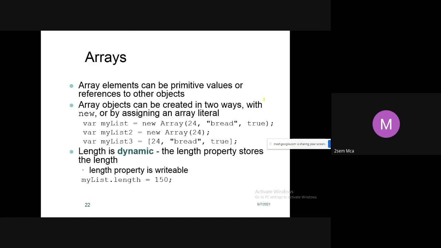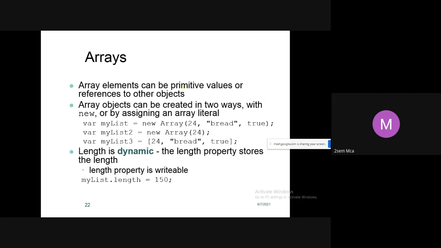An array object can be created in two ways: with the new keyword, and the other way is by assigning an array literal.